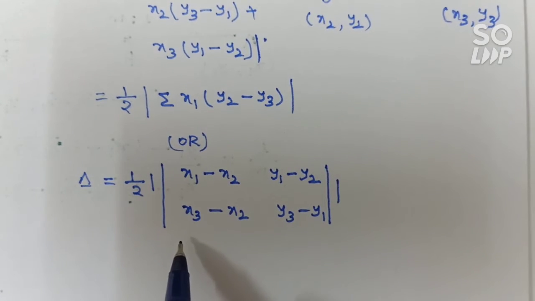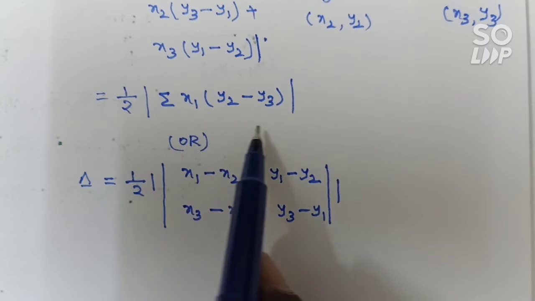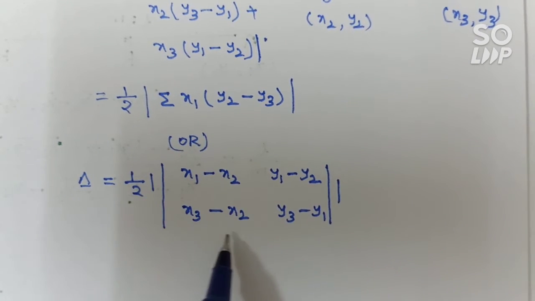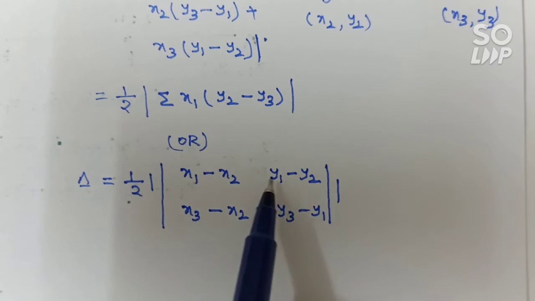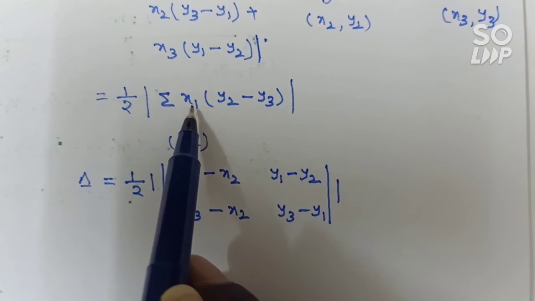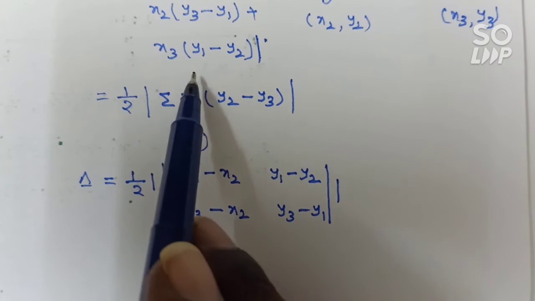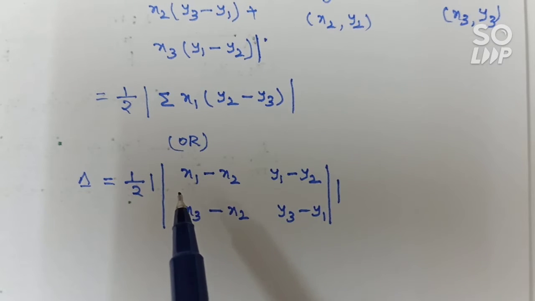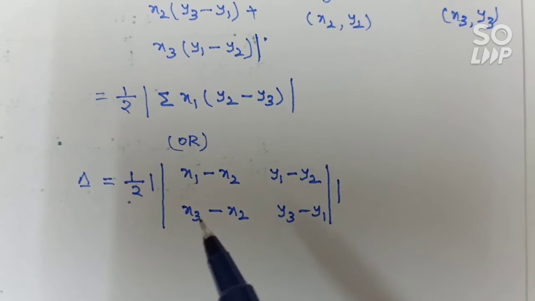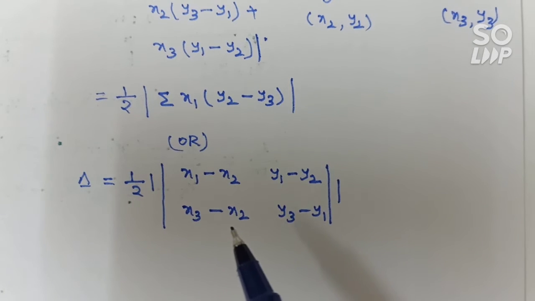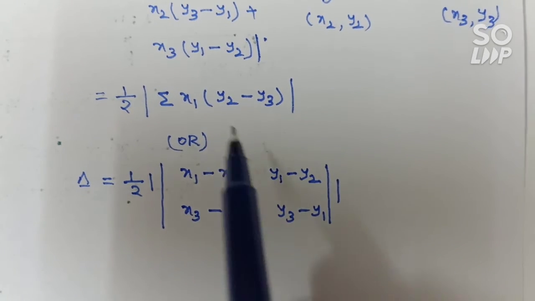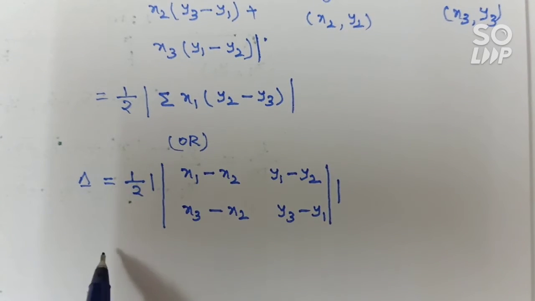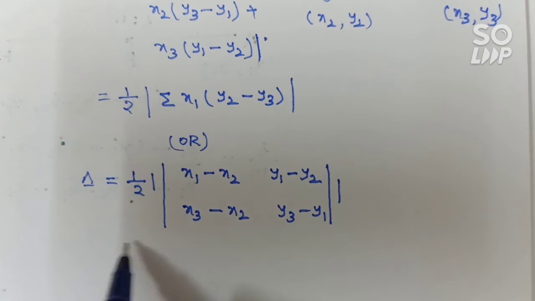Now, what is the benefit of the above formula and this formula? The second expression is only for the area of the triangle, but by using the above formula you can write in the same sequence to find the area of a quadrilateral. That means you can also find the area of a pentagon, hexagon or decagon by extending these values.